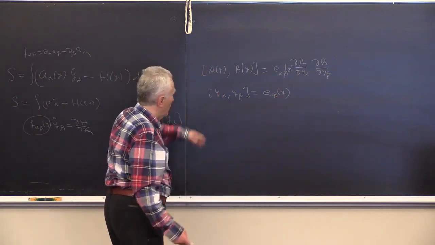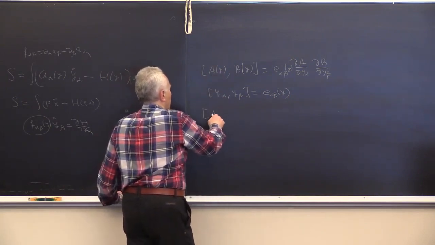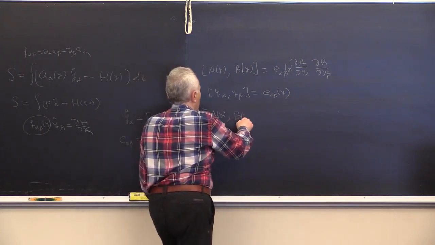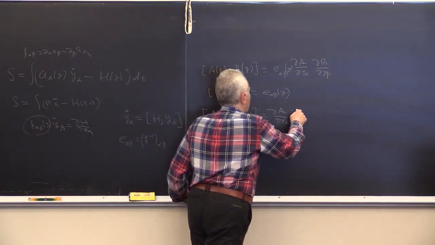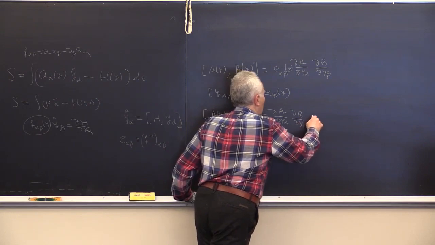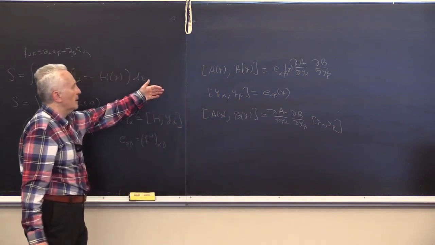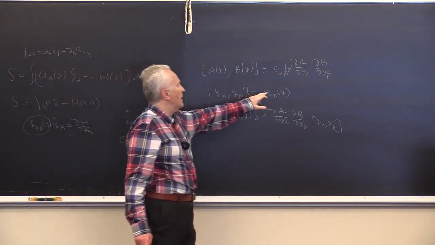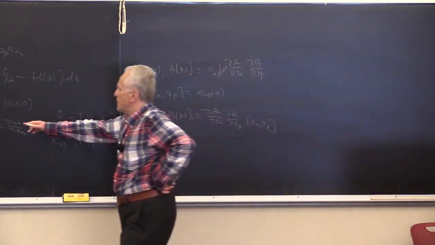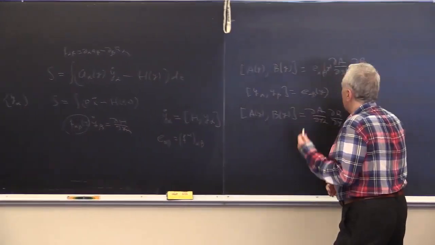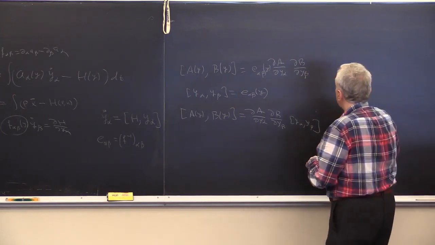And it's useful to remember the rule for dealing with a Poisson bracket: the bracket of A and B is dA/dy alpha, dB/dy beta, and the bracket of y alpha, y beta. The fundamental bracket definition is this, and this tensor E is called the symplectic structure. The inverse is the Poisson structure, and this function should satisfy